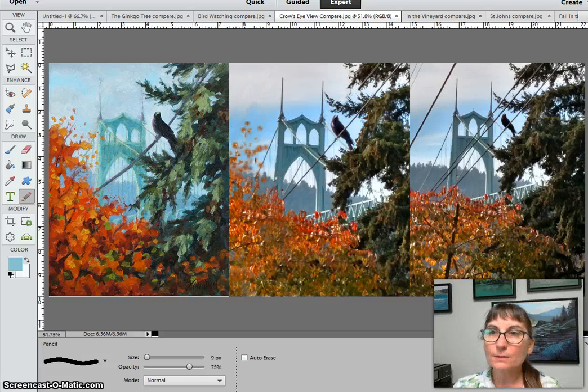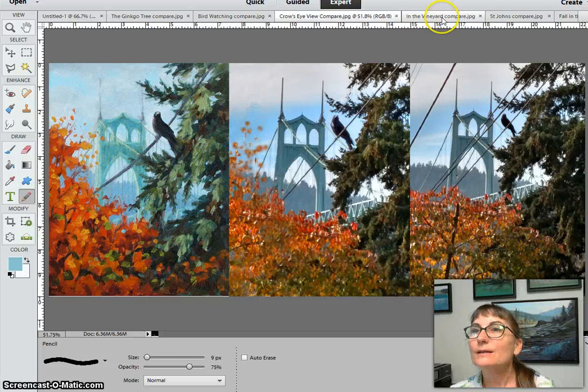Because a lot of times, people want to paint exactly what they're seeing out there, but for me, I want to paint what that view made me feel, what my response was to it. So for me, the crow was very prevalent in the image, and of course the bridge and the colors of the tree. So I just created a pleasant composition around those elements that spoke to me,